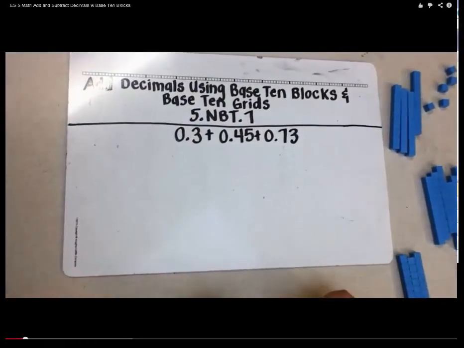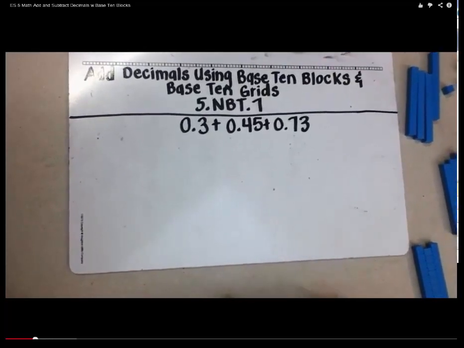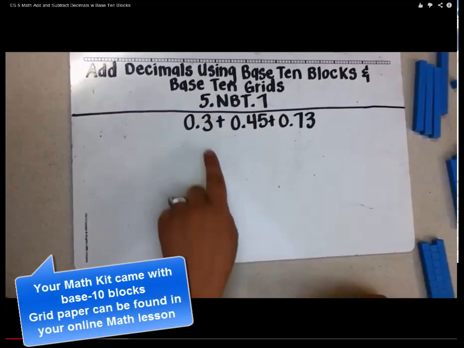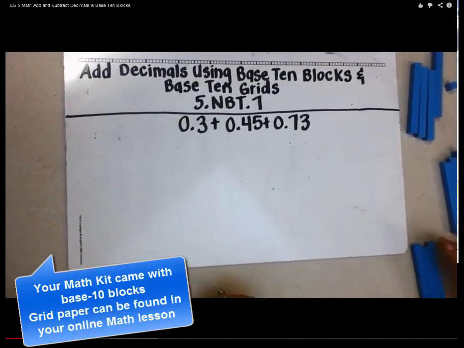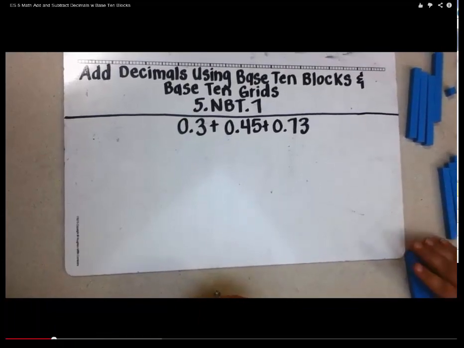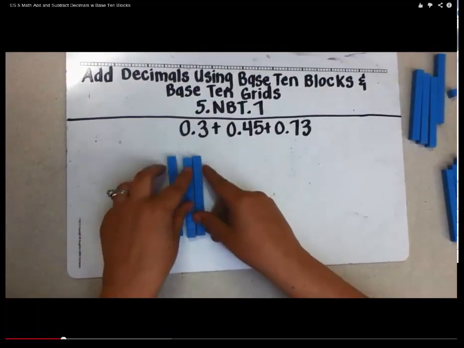Another strategy that can be used to add decimals is to use base 10 blocks and base 10 grids. So I'm going to show you how to do that by adding 3 tenths plus 45 hundredths plus 73 hundredths. So using base 10 blocks first, I would start by modeling each of the 3 add-ins. So 3 tenths